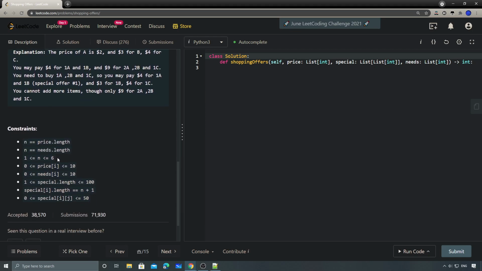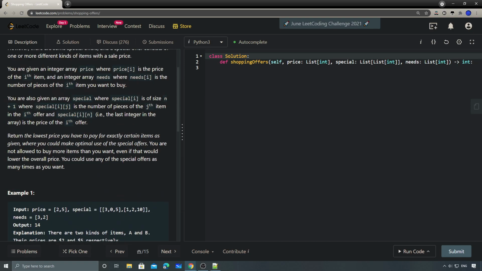And here are some constraints. It's not that big. We only have up to 6 items we want to purchase, and for each item, the amount is up to 10. And the special offers are up to 100. So for this problem,